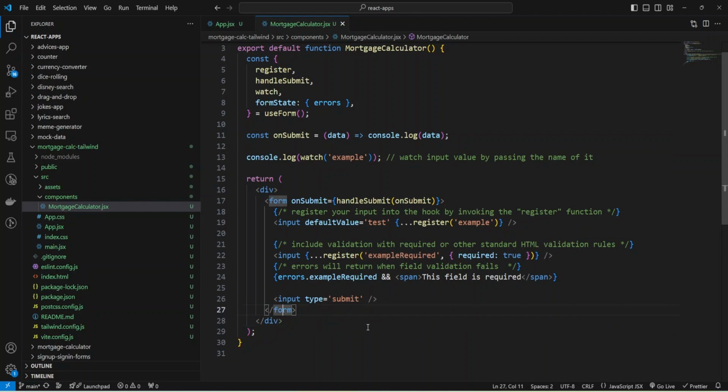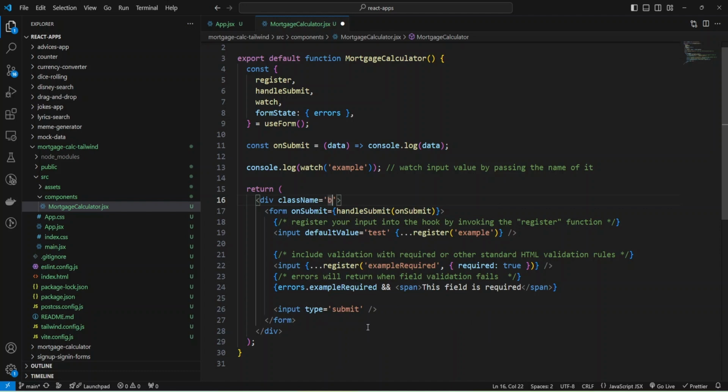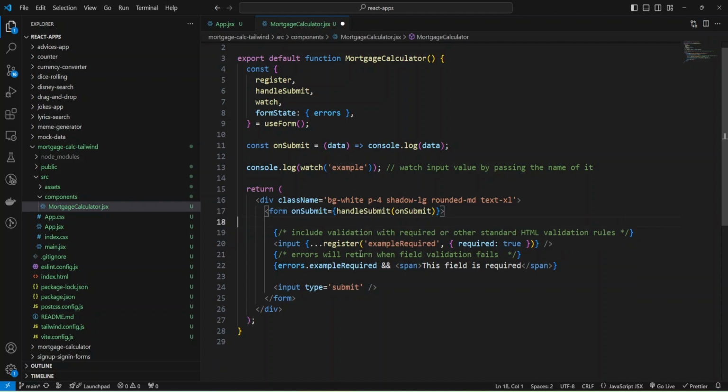And let's add some styles. I'll provide class name and use background white, and let's add some padding, and also make shadow large and make it rounded middle and make text extra large. And we have two inputs with the register, and I'd like to leave one for now and add some div